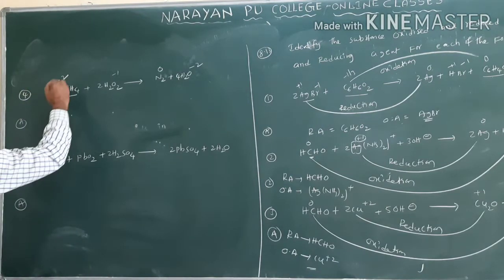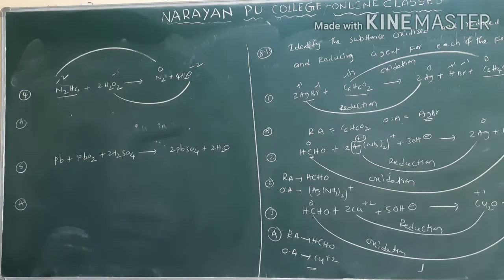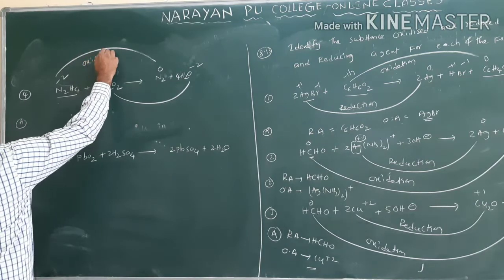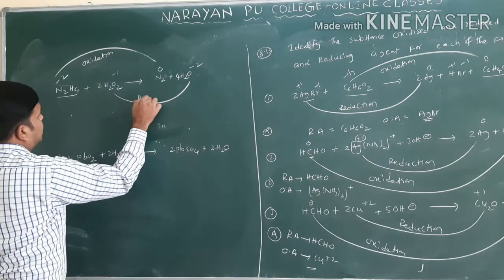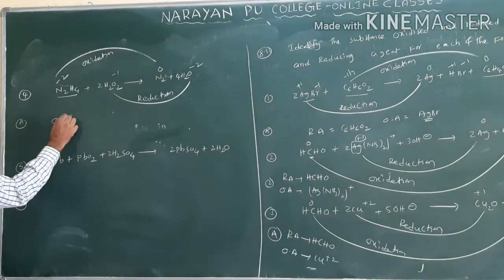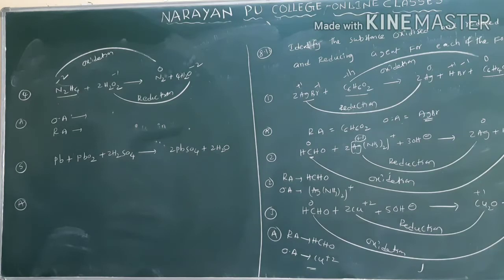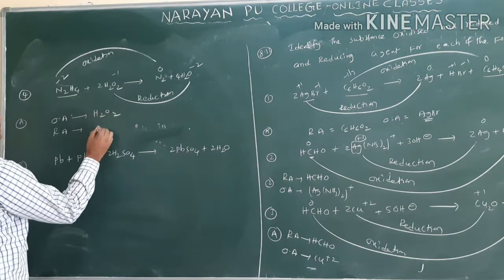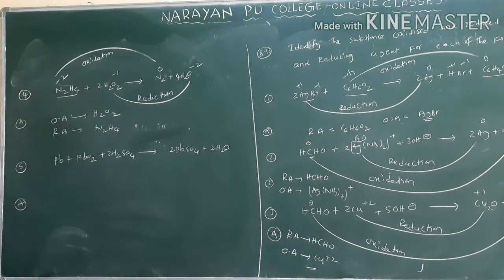So you will write the minus 2 here. Minus 2 to 0 and here minus 1 to minus 2 only. Minus 2 to 0, increasing oxidation number. This is called as oxidation. Here decreasing oxidation number from minus 1 to minus 2. This is called as what? Reduction only. So what is here oxidizing agent and what is reducing agent? Oxidizing agent means which undergo reduction. Here H2O2 is oxidizing agent and N2H4 is what? Reducing agent, because reducing agent is which undergo oxidation only.